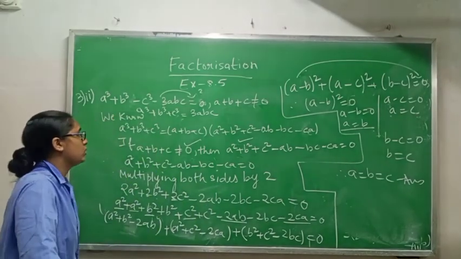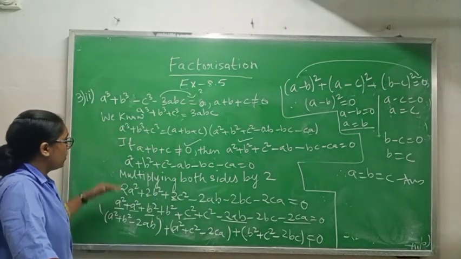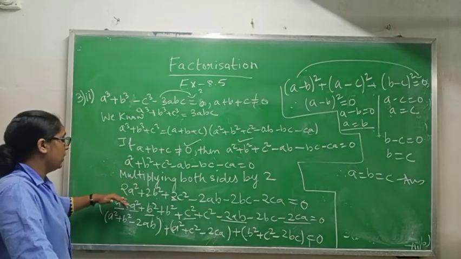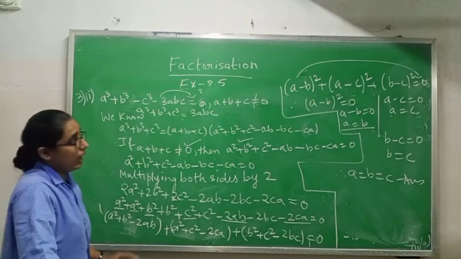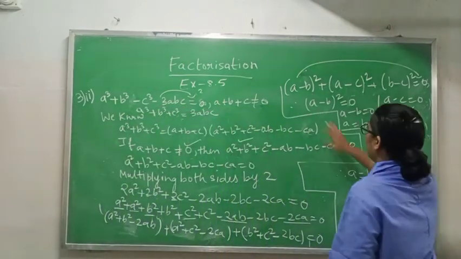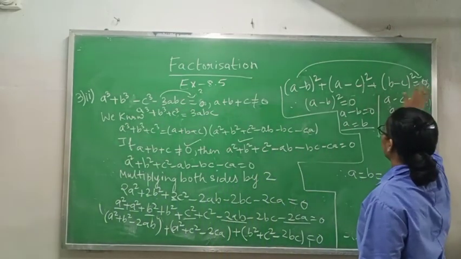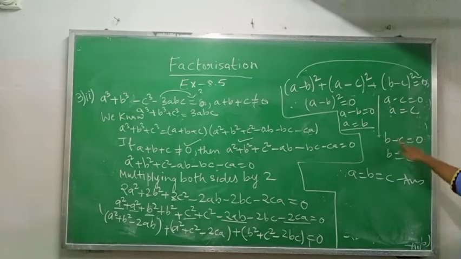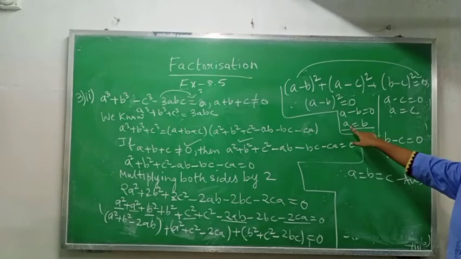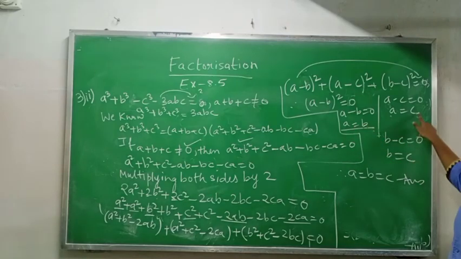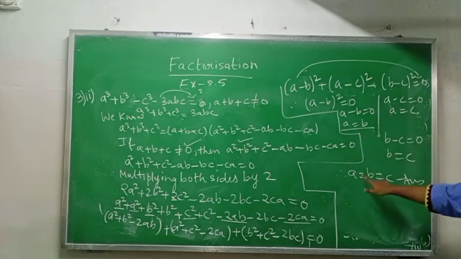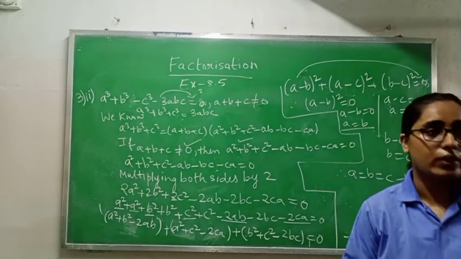Again I am repeating the question. Up to here you all have understood. Now what we are doing is multiplying by 2 on both sides. After multiplying I am writing the formula. After writing the formula I am replacing this with 0, this with 0 and this with 0. Minus b will come over, it will become plus b. Minus c will come over, it will become plus c. Minus c will come over, it will become plus c. So a equals b equals c equals a. All variables a, b, c are equal. That is why I have written a equals b equals c. Okay, copy this one.